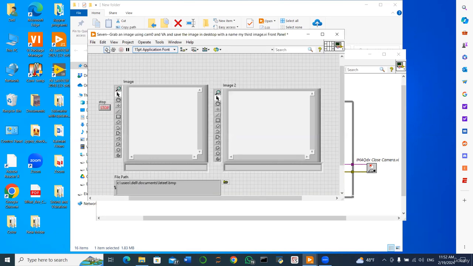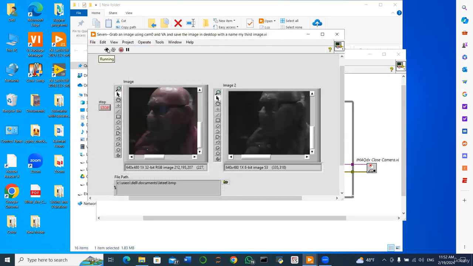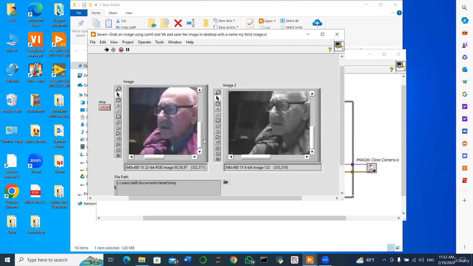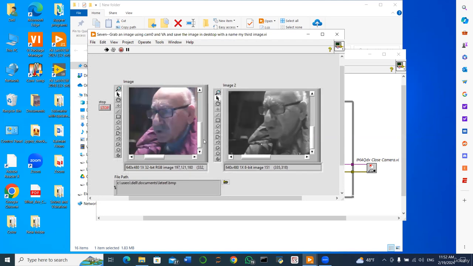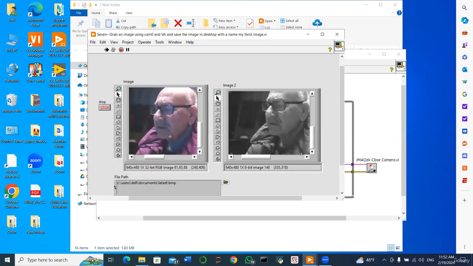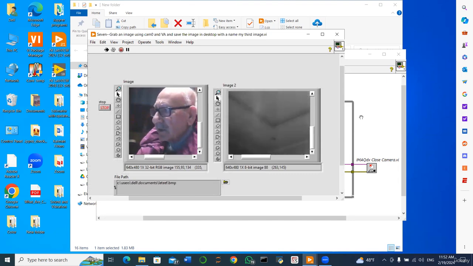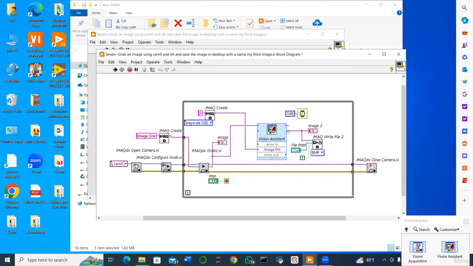So now I'll try to open it again. It will open, and these are the images which you see. One of them is colored, and the other one is grayscaled. Let us discuss the components of the